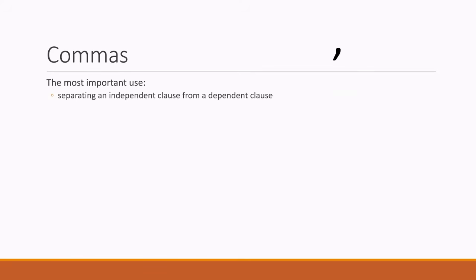Well, if you have one independent and one dependent, that's where you use a comma. Just so you know, you can never have just dependent clauses. Then you have an independent, or you have an incomplete sentence. You have to always have at least one independent clause. It doesn't matter which one's first. You can have the independent or the dependent first, but if you have one and then the other, you're using